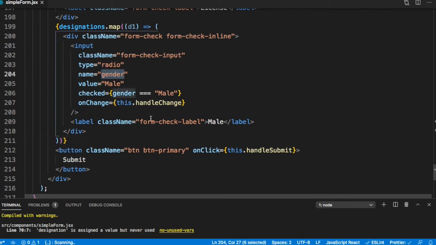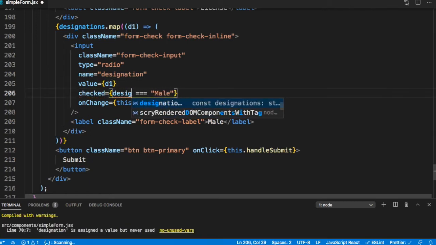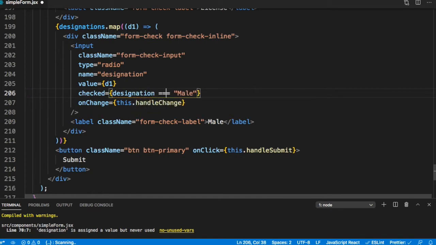So the name is designation, which is the name of the field. The value will be the text D1, which is coming from the map. This should be designation equal to D1.